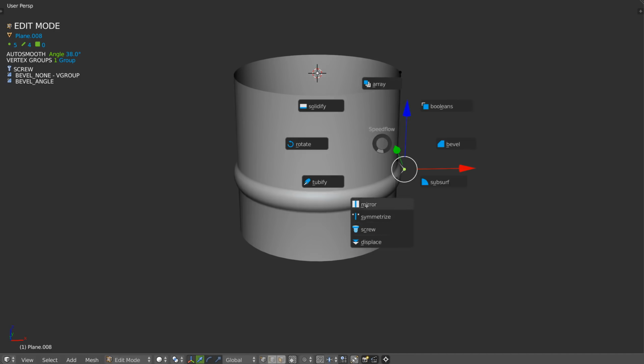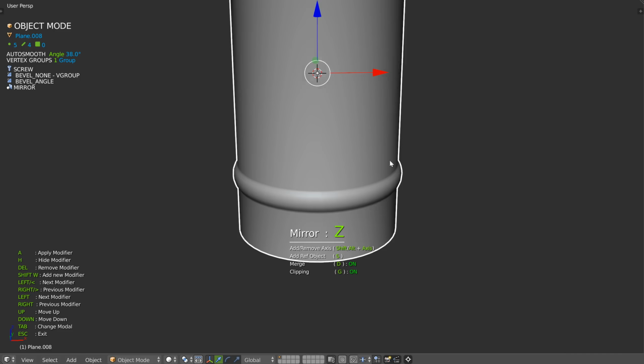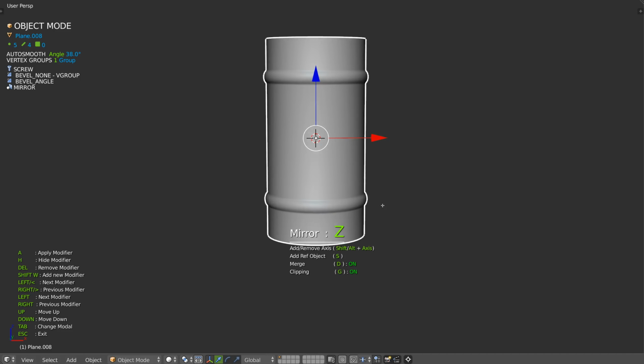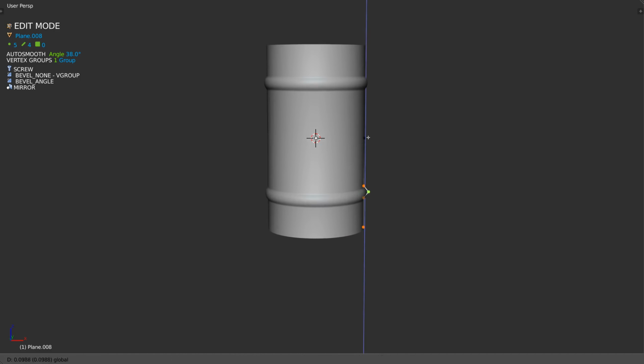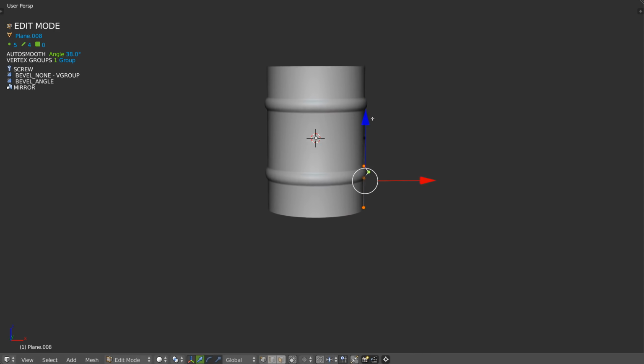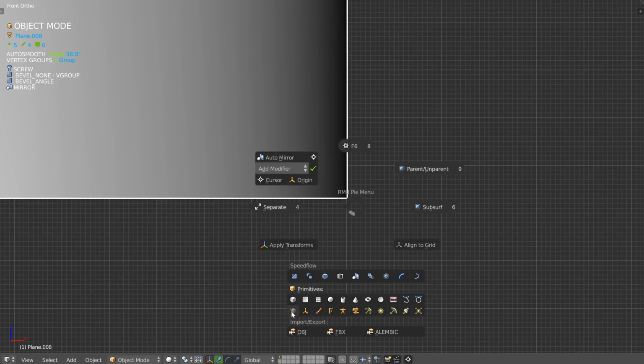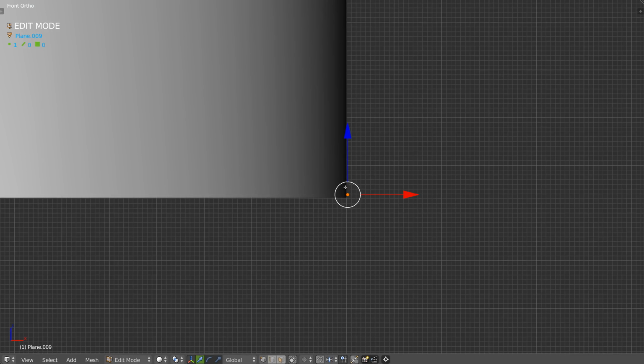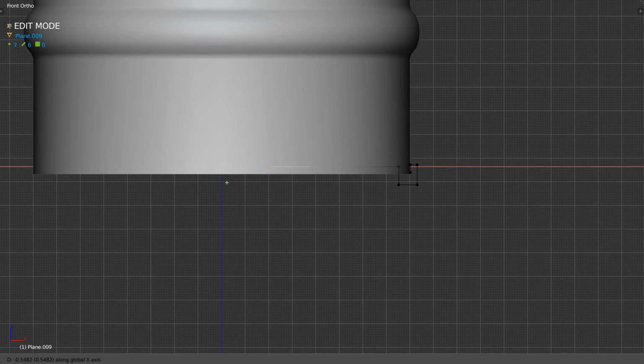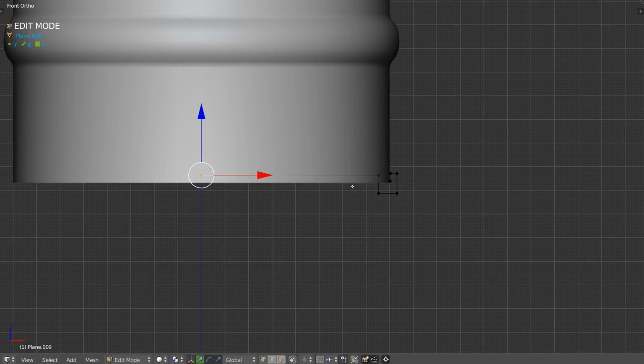I will create a mirror in Z, and that's it. So, I need to move all of this because it's too big, and I will keep that. So, let's continue. On this one, I will create a new bevel, a vertex, up, make something like that, press E and snap to the grid, or I can align directly like that.